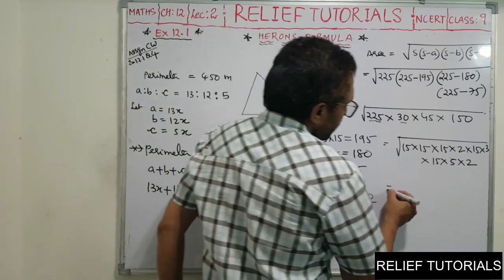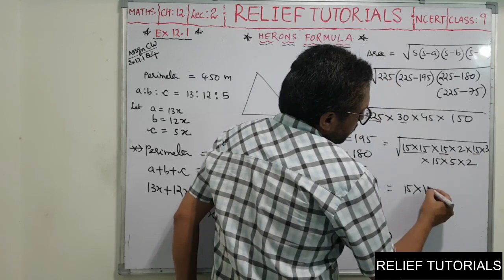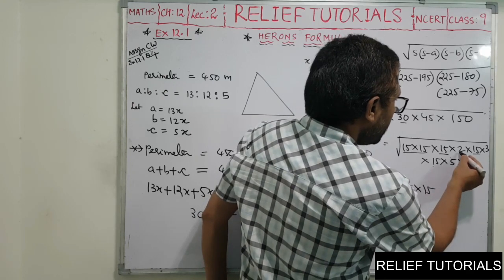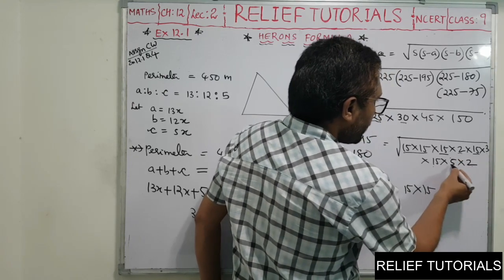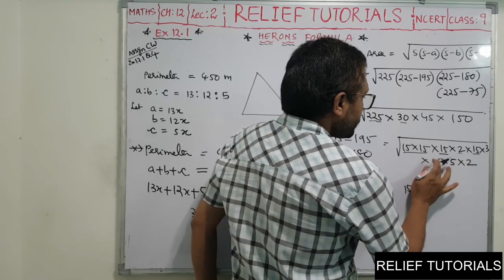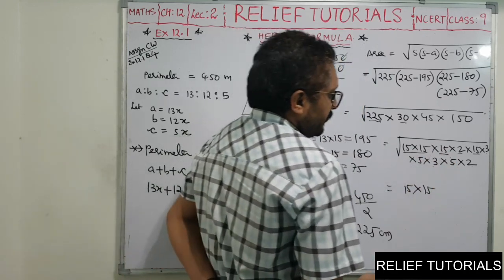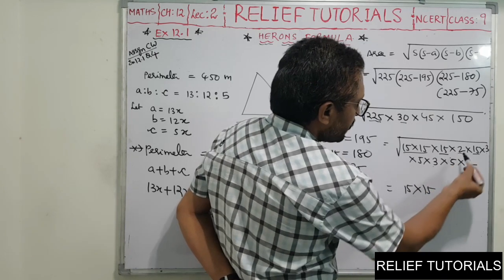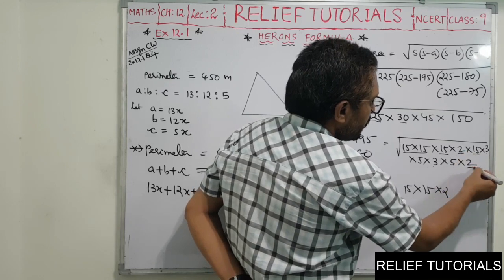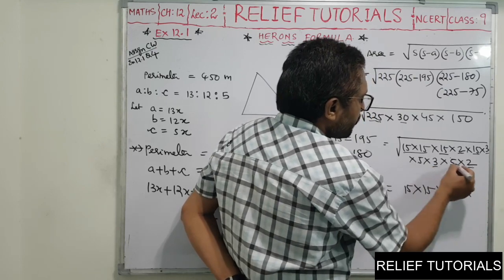Now see, it will be easy. 2 15s, so I will write 1 15 here. Again 2 15s, so I will write 1 15 here. Now, here what I have is 2, 3, 2, 5, but this 15 I can split as 5 into 3. So 15, 15. This 2 and 2, so I can write 1 2. So this is over. Now this 3 and 3, I can write 3. This 5 and 5, so I can write 1 5.